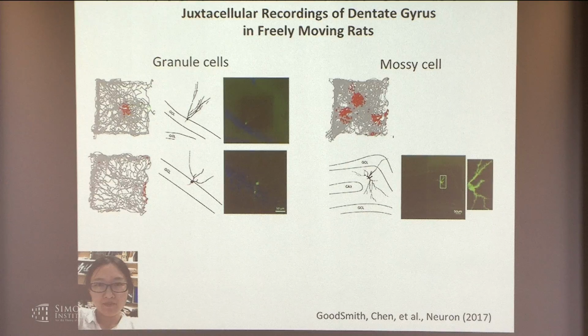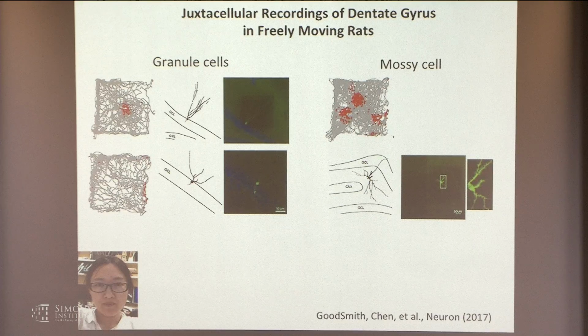Here are some examples of 2 granule cells that she identified as being granule cells in the granule cell layer. Each one of them had a single firing field here in the center, here along the wall. Here you can actually see the fluorescence image. And all the granule cells that she had were like this. Most of them didn't fire at all, but when they did fire, they looked like this.